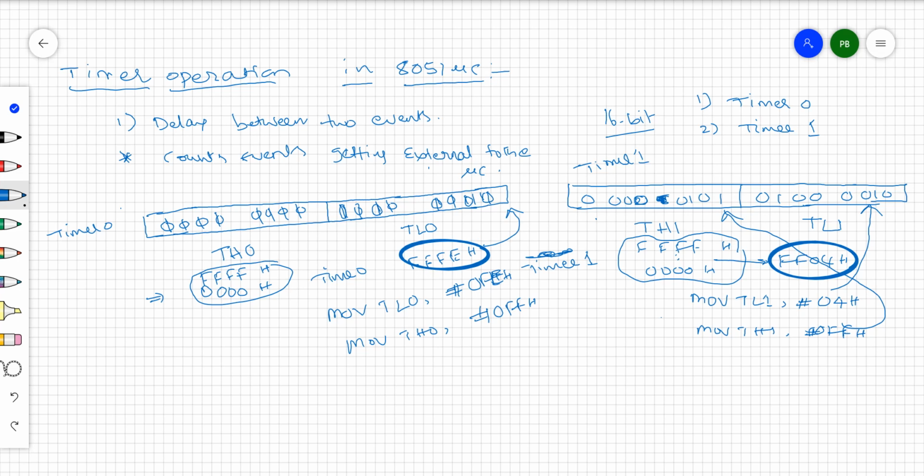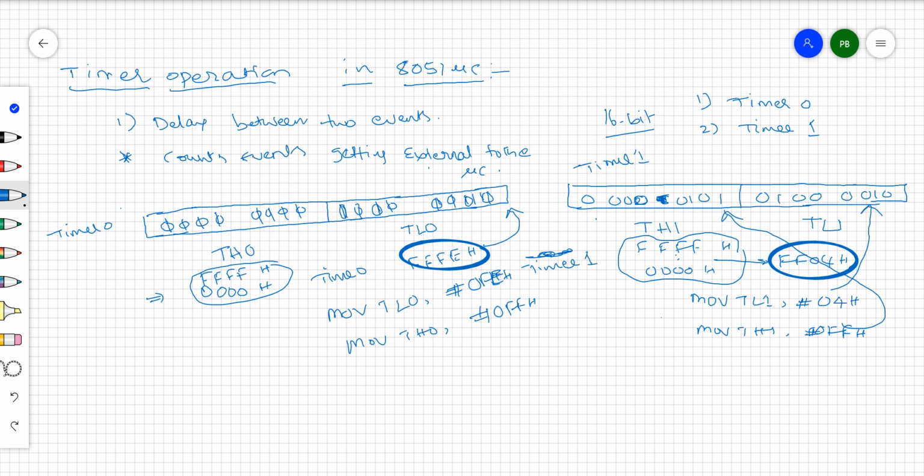How many timers are there in the 8051 controller, what is the use of a timer, and the third point is how you can store the required data in timer 0 as well as timer 1. These are just internal registers. You can store some data into these registers, right? And the fourth point is how you can use the timer to provide a delay or as a counter, right? So by this time you need to remember that we have two timers. You can load some value into these timers, and the fourth point is how you can use these timers to generate the delay between two events and as a counter.